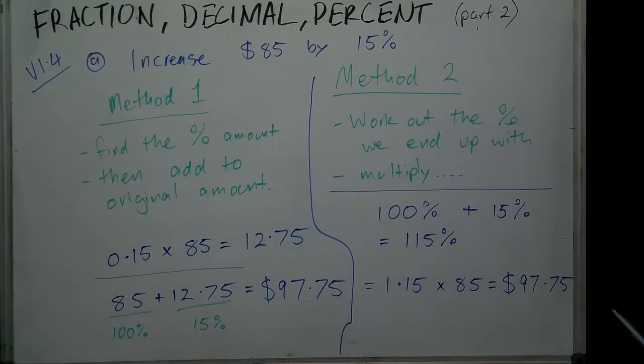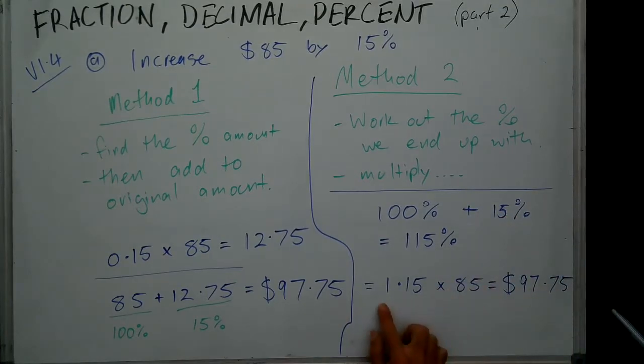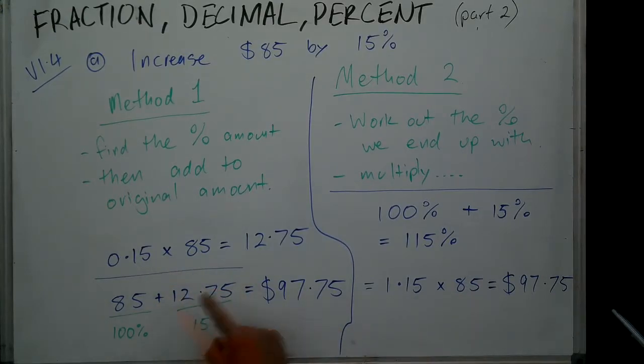So if you can just think the problem through to start with, work out what percent you're going to end up with, then really you're just multiplying one thing. Multiply, then add, then multiply. Okay. So the next one